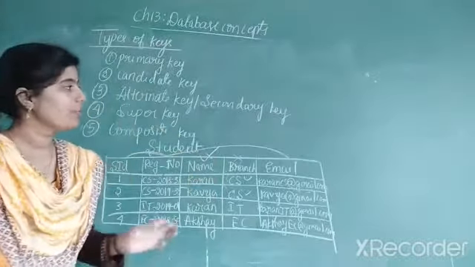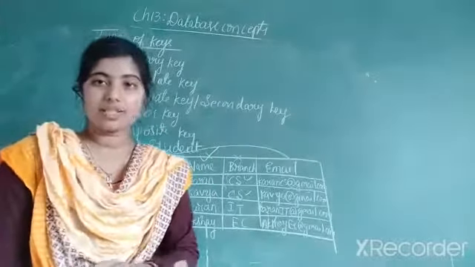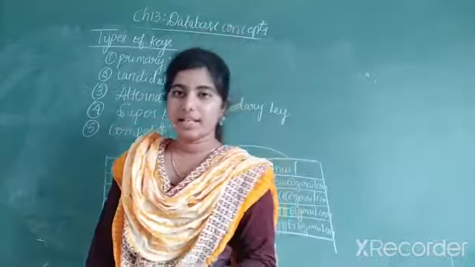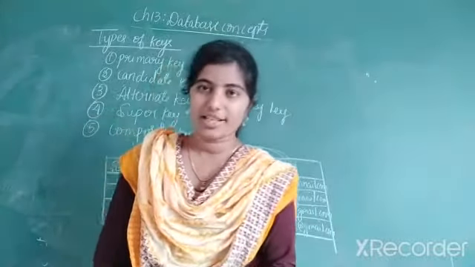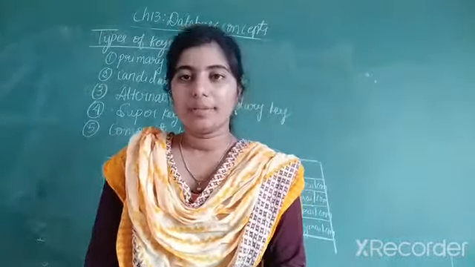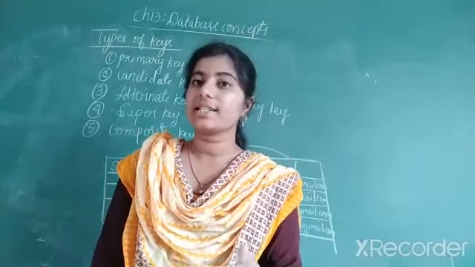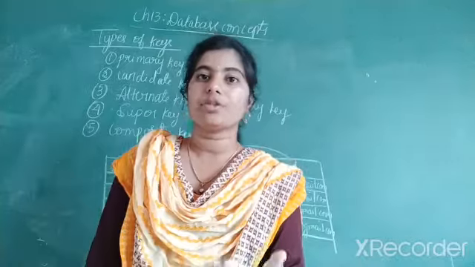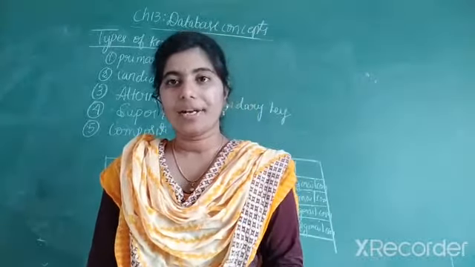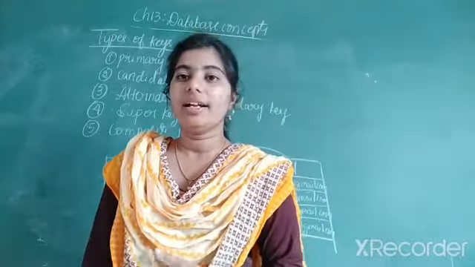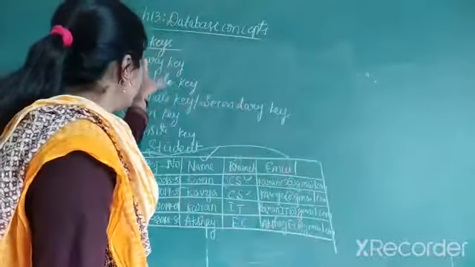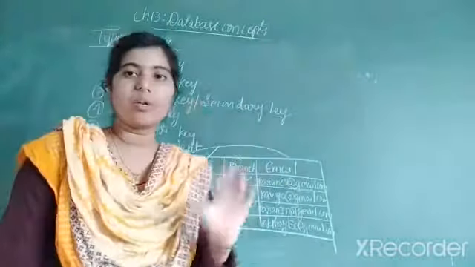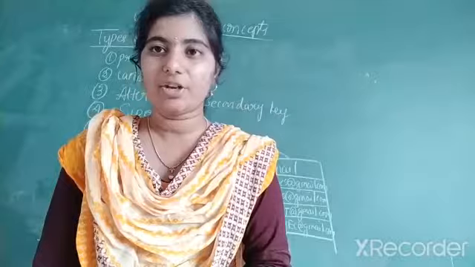So this is about today's class. In this class we discussed aggregation, the difference between generalization and specialization and their types, and the participation constraint. We also discussed cardinalities and ordinalities in today's session, and the explanation of all these types of keys we are going to discuss in the next class. Thank you all.